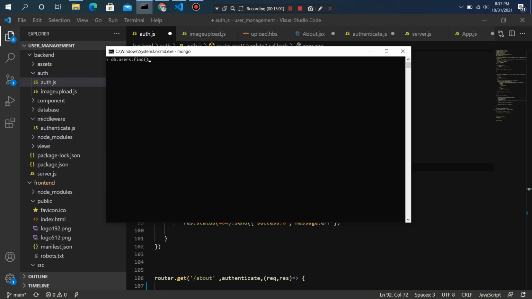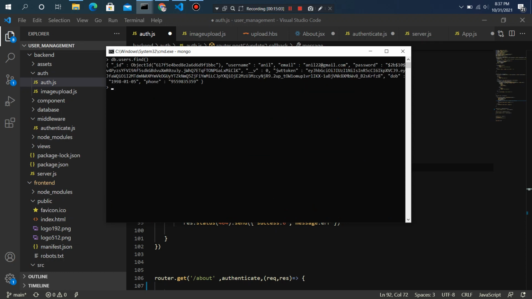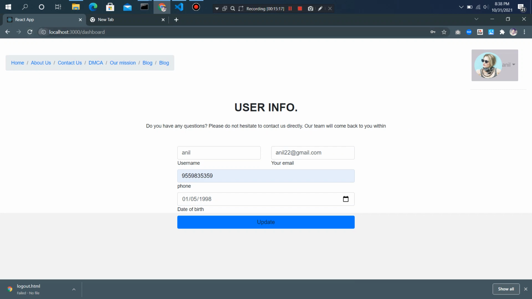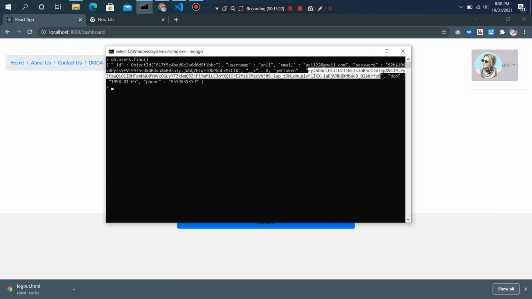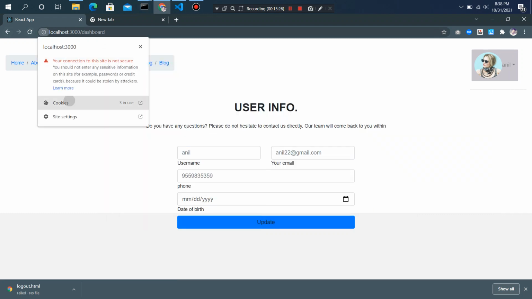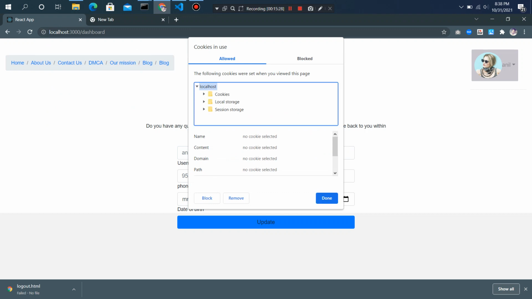just clear the password. Here you can see the username is also updated, the email is also updated, and the password remains the same because we have not updated our password. The JWT token will also be the same as what we stored while logging in, so that if we refresh this page, it doesn't affect the original value. The JWT token is also there, and it is happening like this because we have used the JWT token here.